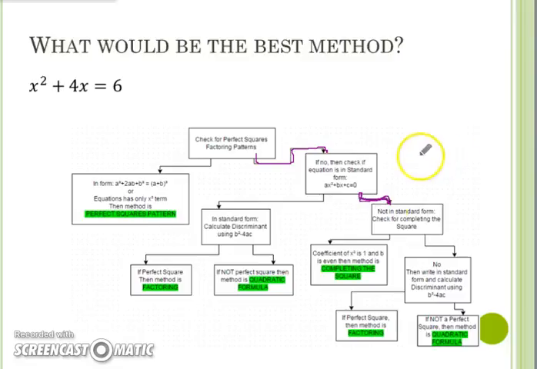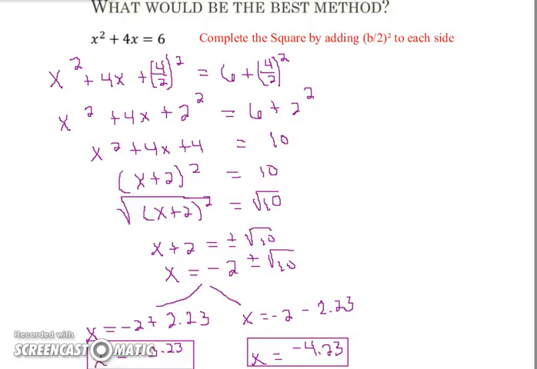And now I want to check to see if I could complete the square. So it has to have a coefficient of 1 and b needs to be even. I have a coefficient of 1 and b is even. So this one would be completing the square would be the easiest method. And to see how to solve using completing the square,